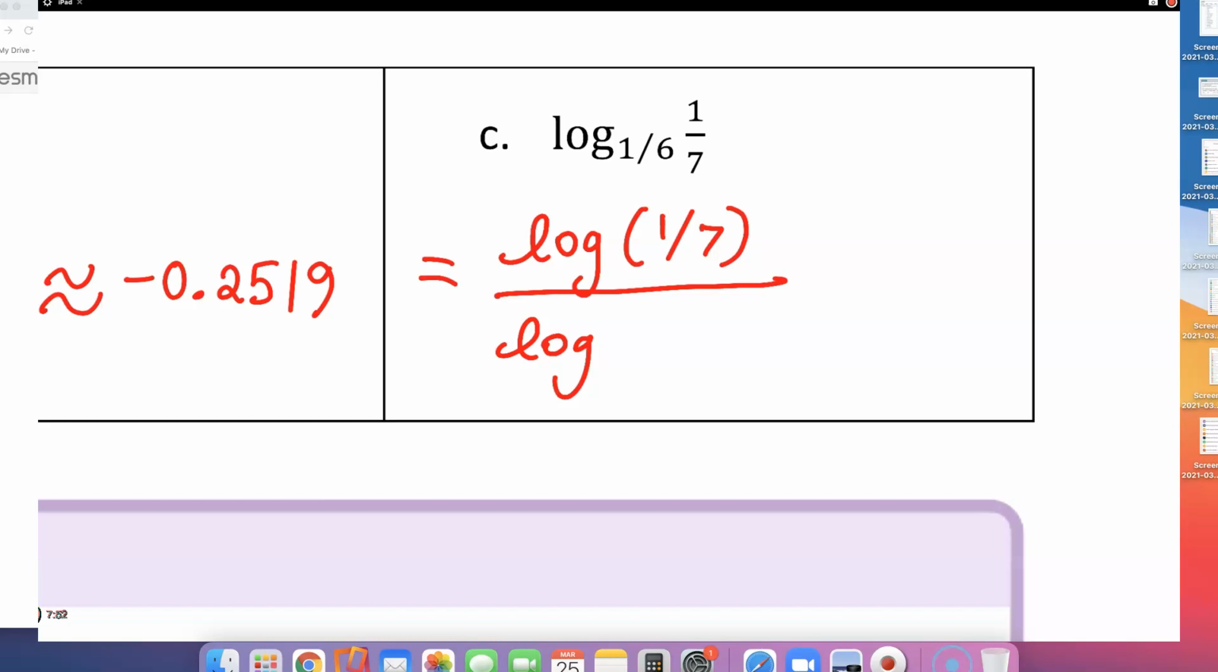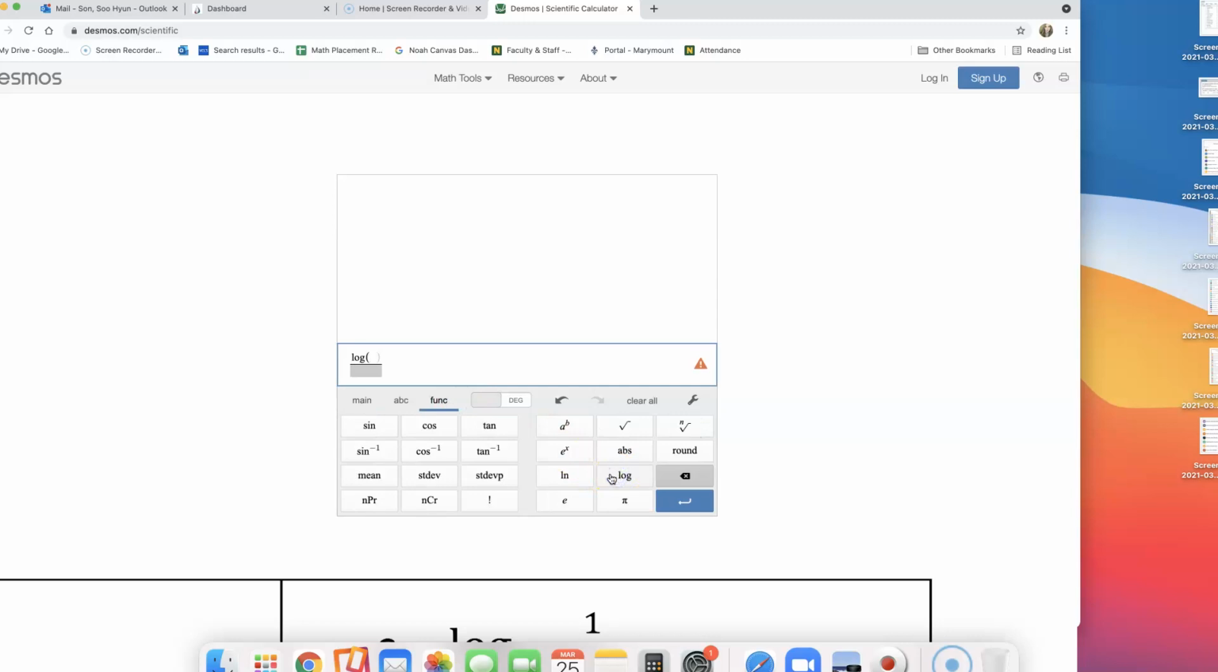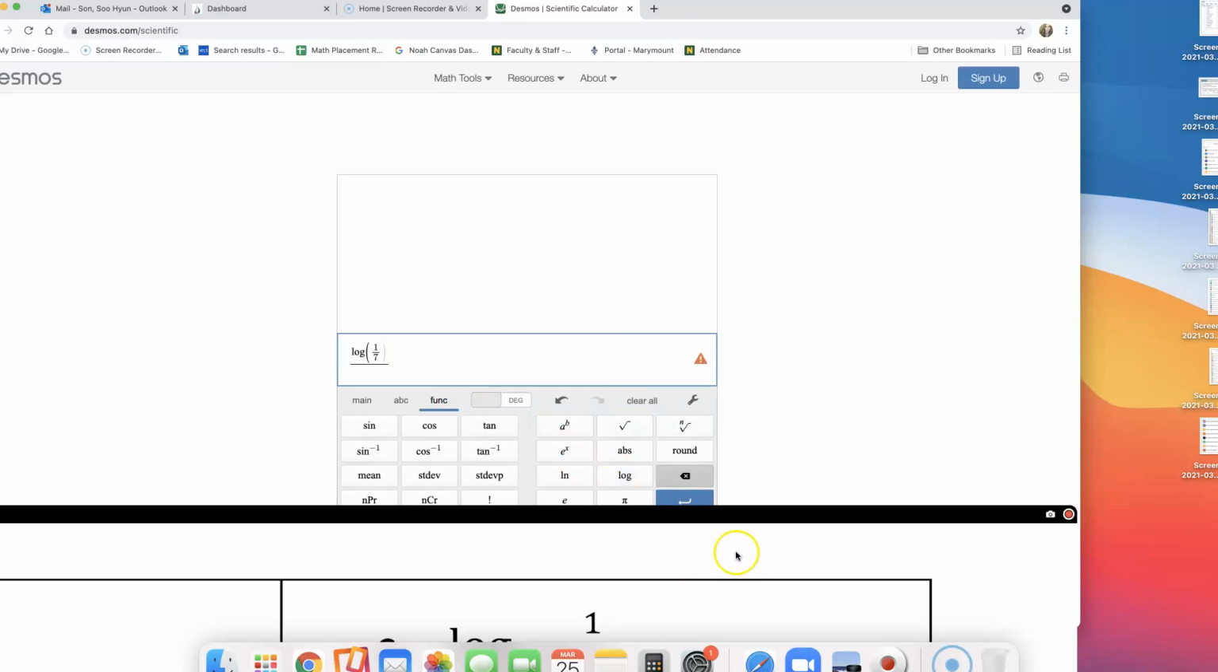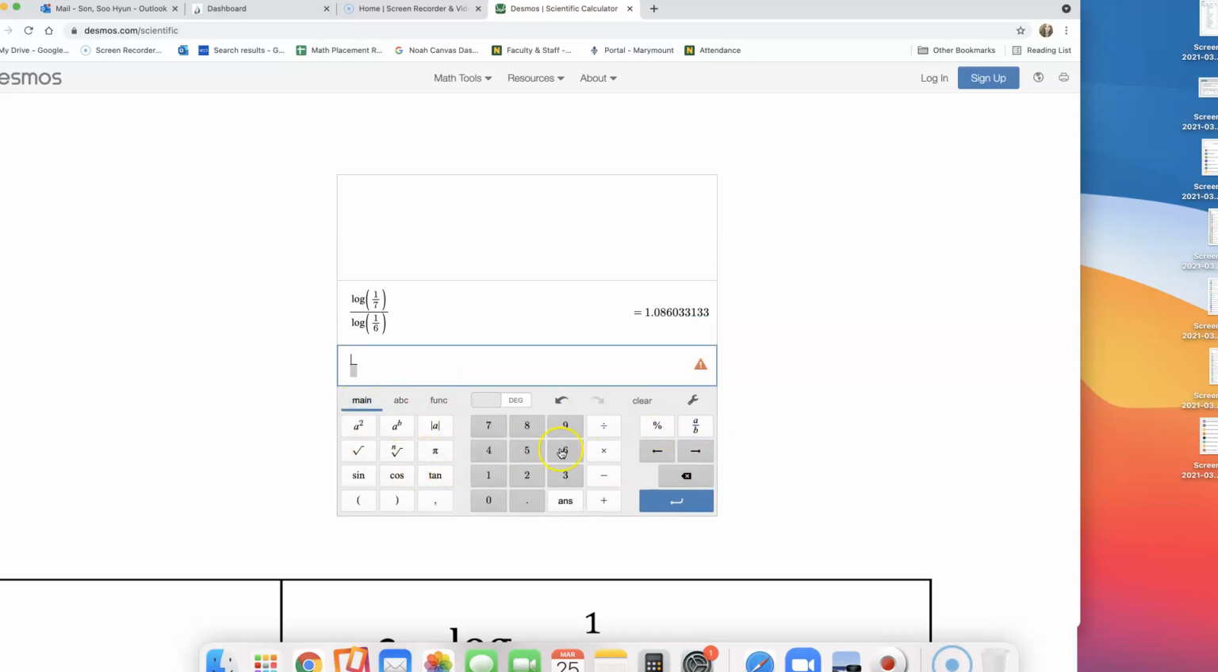All right, so log 1/7 is the numerator and log 1/6 is the denominator. And I am about to find the decimal value. Over here, I will do a fraction. I'm dividing log of 1/7 by log of 1/6. Is that decimal? But I do want to show you again that if I decide to go with natural log